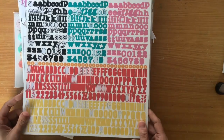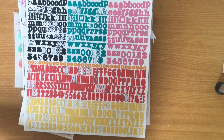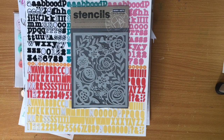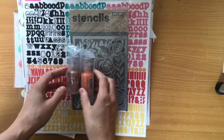Some really old Bella Boulevard tiny text, and then I pulled some like mixed media type stuff. So we've got a stencil. Let me just find it in here. Haven't even taken them out, but a couple of the Nuvo drops which I've never used,